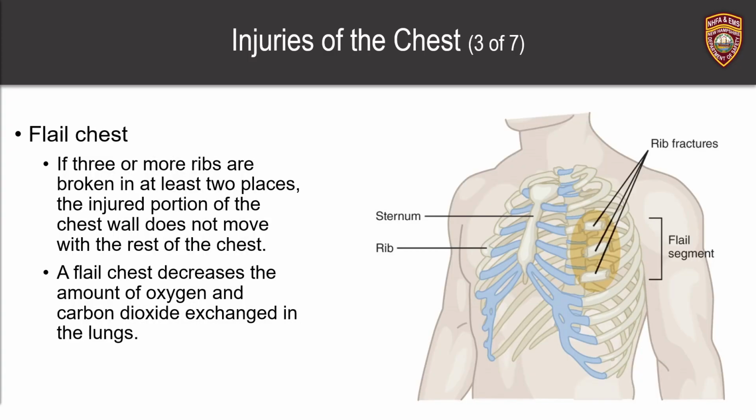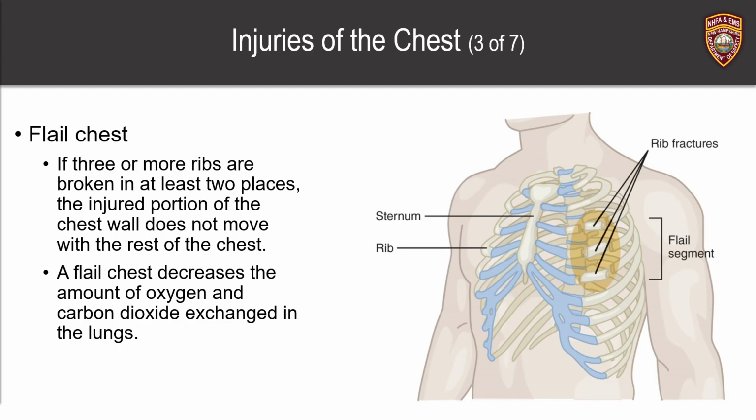and we do want to deliver supplemental oxygen. So one of the interesting conditions that we can see sometimes is called a flail chest. If 3 or more ribs are broken in 2 or more places, that section becomes independent of the rest of the chest wall. And so what we see is that when we breathe in, that segment of the chest will be sucked in instead of expanding out with the rest of the chest. And when we breathe out, that section of the chest will balloon outwards instead of relaxing like the rest of the chest. And we call this